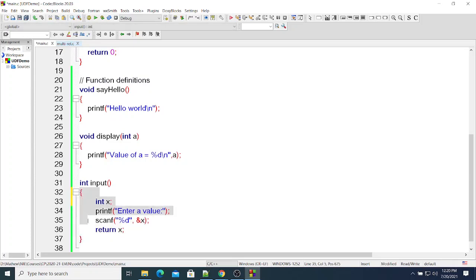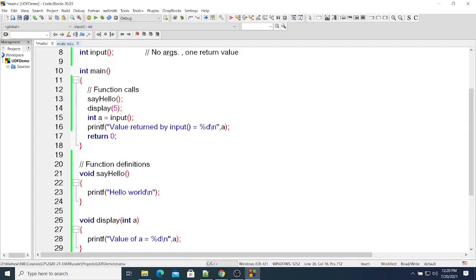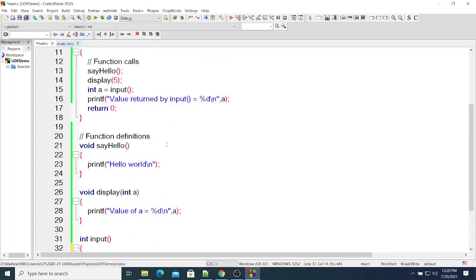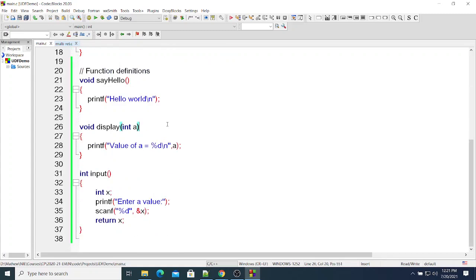A function defines a boundary, a code boundary. It's a unit of code. So whatever variables you declare within the function, you can use only there. But when I am returning that, this value of x will be copied into the receiving variable here. Here a is the receiving variable. Now if I execute,